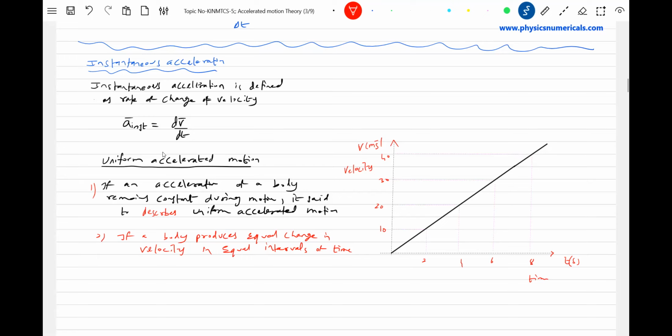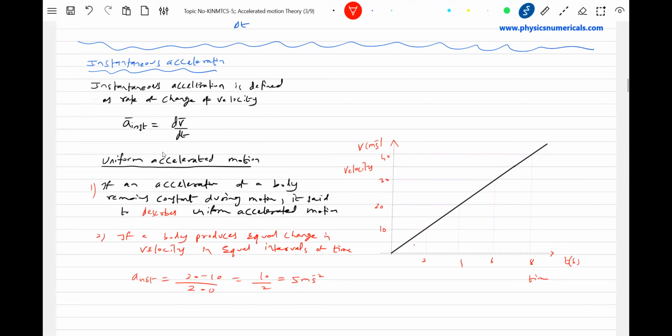I think you can see the equal intervals. What are the equal intervals? In the first 2 seconds, the velocity increases from 0 to 10. In the next 2 seconds, again from 10 to 20. Let's calculate this acceleration, not average, it's instantaneous only. Change in velocity by time taken: 20 minus 10 by 2 minus 0, which is 10 by 2, 5 meters per second squared. Calculate at any interval of time,